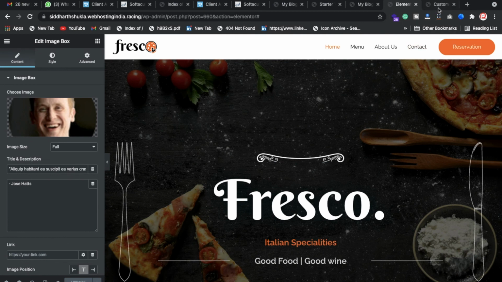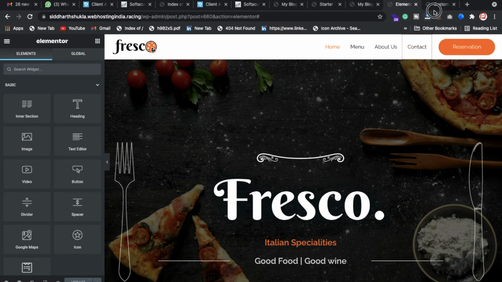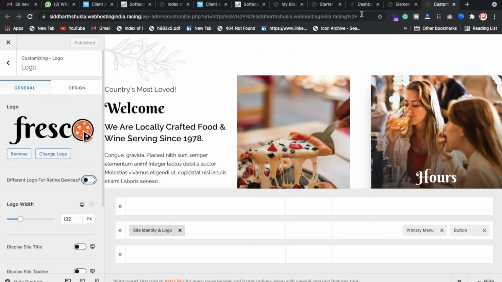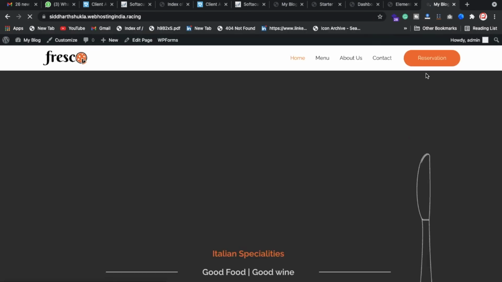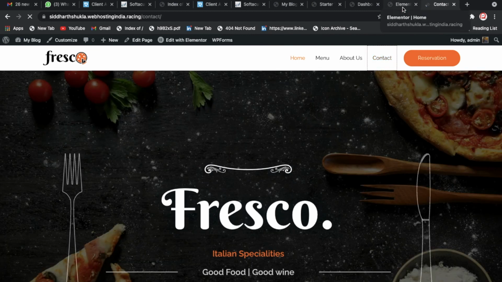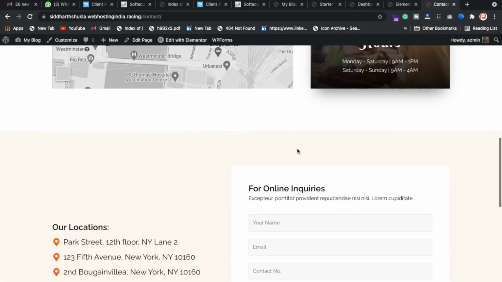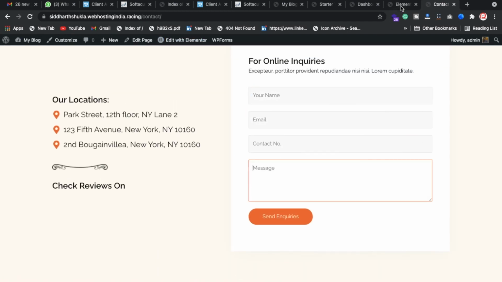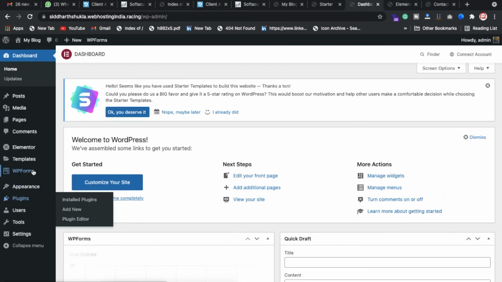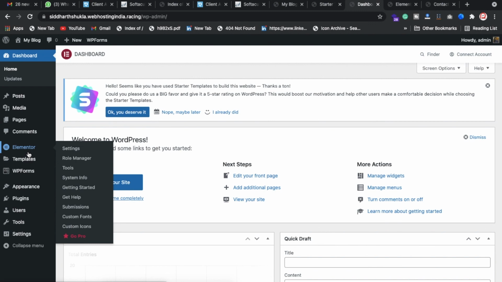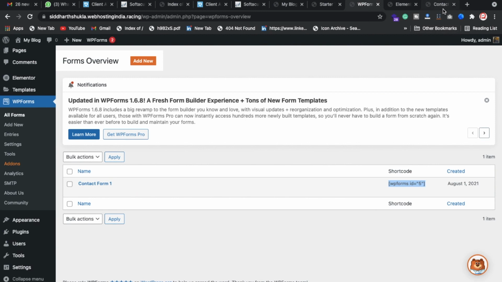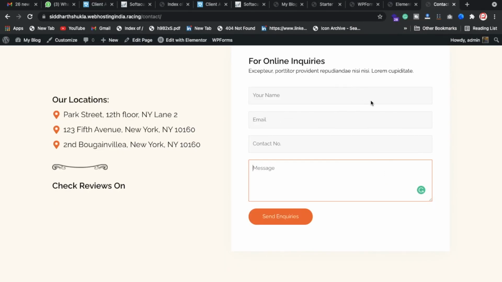And where you might get stuck, I'm going to explain to you. Suppose the contact section, let me go inside the dashboard. I know where you might get stuck, so I'm going to explain first of all. First is the contact page. How can you customize the contact page? Of course using Elementor you can customize, but how will this form work and where do you get the email? So here I'm going to the dashboard, and here you need to click on WPForms, and here the shortcode, you need to implement this code, basically implemented on this section.